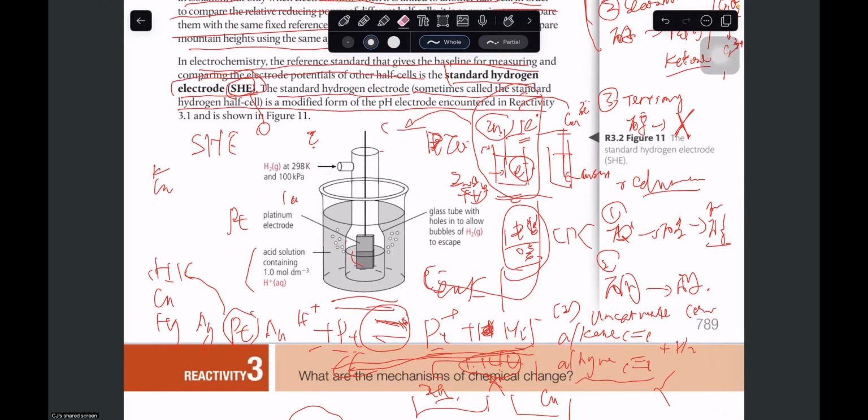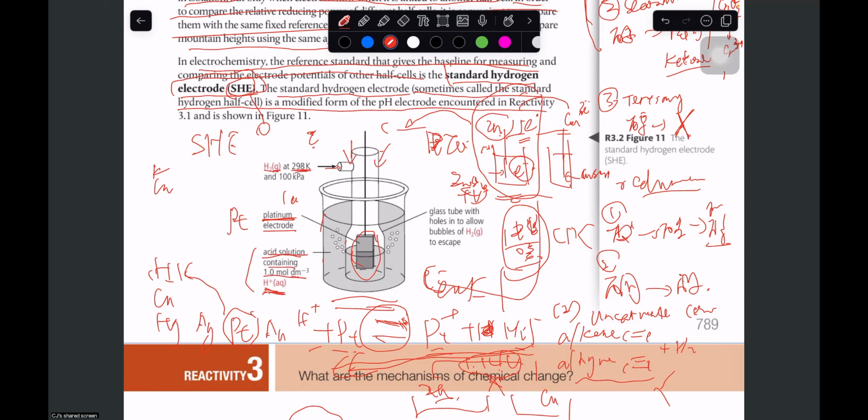The first one. Here is the electrode. The electrode we built with platinum. And the second, this solution. The solution is the acid solution, and it contains 1 mole per liter of hydrogen ions. Here is a pipe. We use this pipe to inlet the hydrogen gas. The hydrogen gas will be at